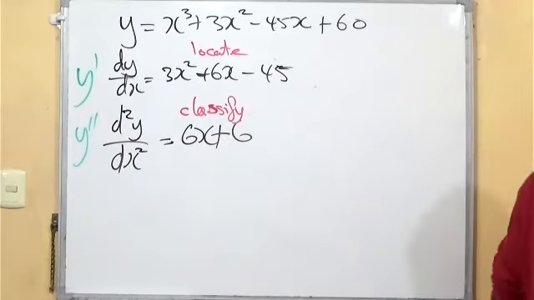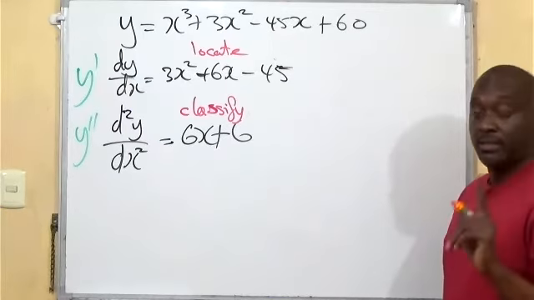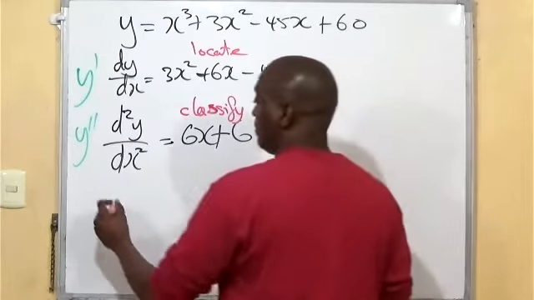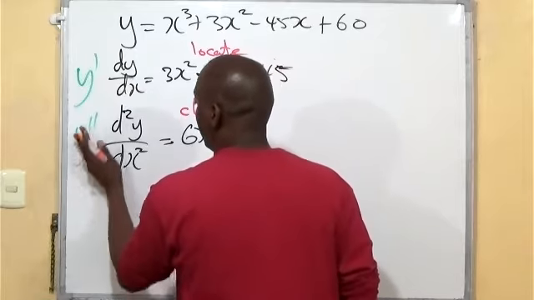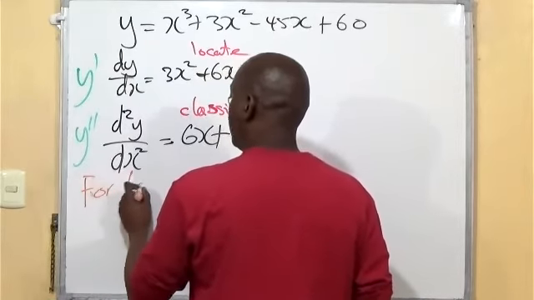All right, so dy dx. We know that in locating the turning points, your dy dx is equal to 0, all right? So you see, for turning points, for location of,